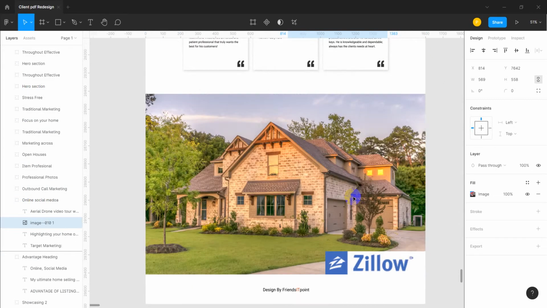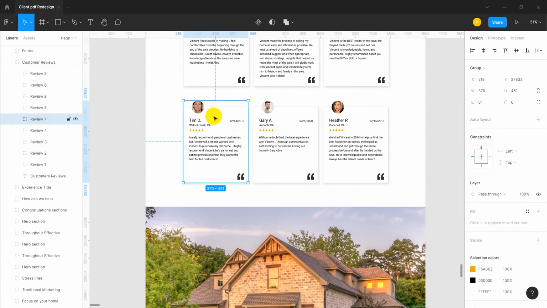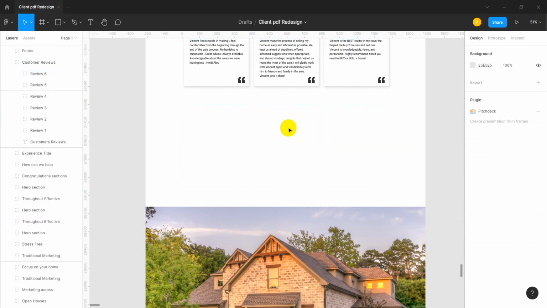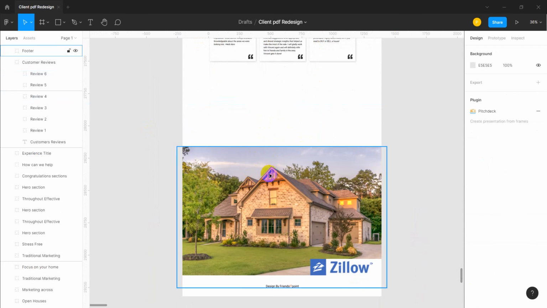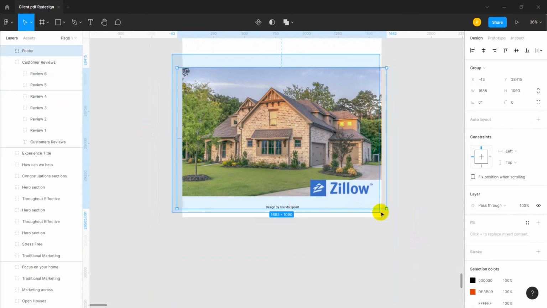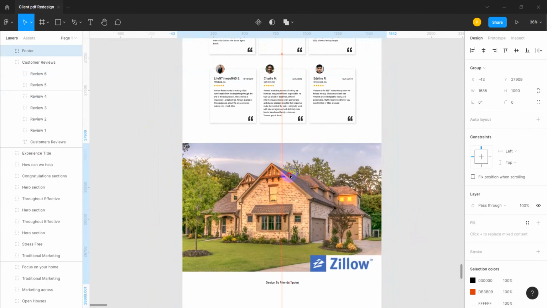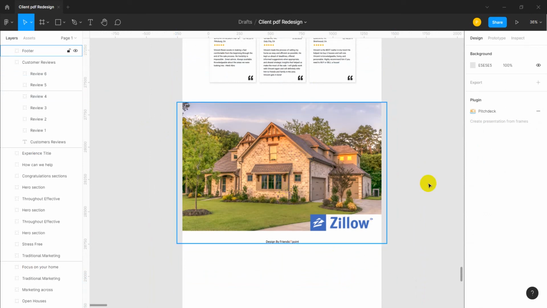Okay, now I want to show you one of the major things that will help you edit in future. Suppose I don't need these three testimonials, 7, 8 and 9. I just delete these, and here is extra spacing, which is not good. Just select this whole text and move it up, just move this one up, and you can see.